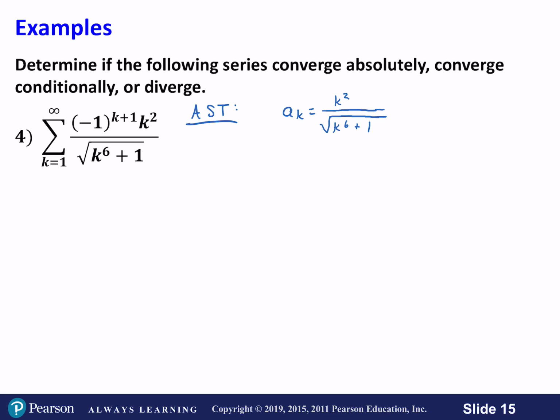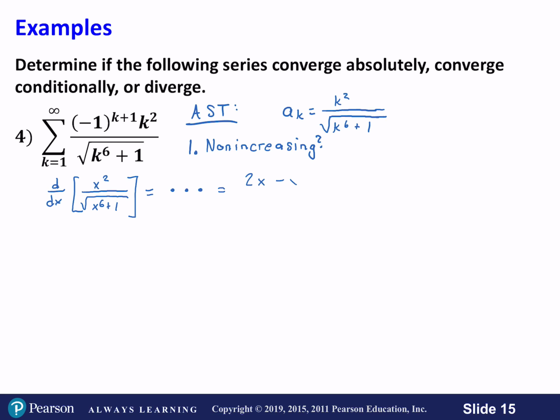All right. And so we have to check first, is it non-increasing? In order to do that, let's take a derivative. We have d/dx of x squared over the square root of x to the 6th plus 1. All right, I'm going to skip a lot of steps here just for the sake of time. If you were to actually compute this derivative, you would end up getting